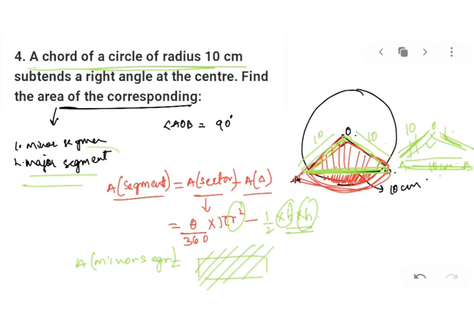Here it is the area of major sector, not segment. For the first it was minor segment, we got the value here. Now it is major sector. तो वो मेजर सेक्टर क्या होता है? अगर आप माइनर सेक्टर माइनस कर देते हो अपने सर्कल के एरिया में से, सो वॉटएवर विल बी रिमेनिंग विल बी योर मेजर सेक्टर.